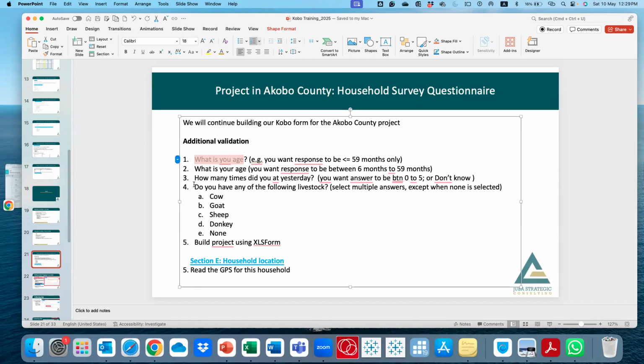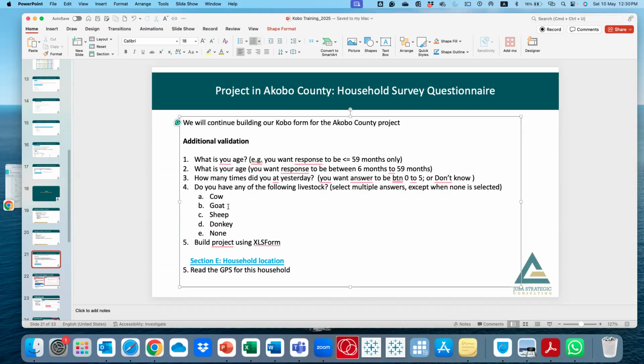The other one which I want to show, I think we need to go to the form, but these are the most common ones. It is easier on the form. It is when you have questions, for example, and you have options, and then you have a none option, like livestock.